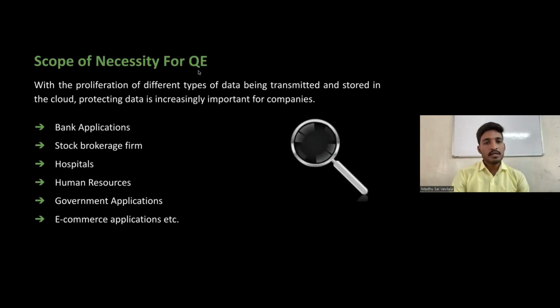The scope of necessity for queryable encryption. Data nowadays is more crucial, and private data is involved in databases, for example bank applications, stock brokerage firms, hospitals, human resources, government applications, and e-commerce applications.